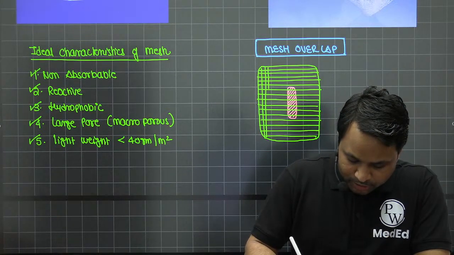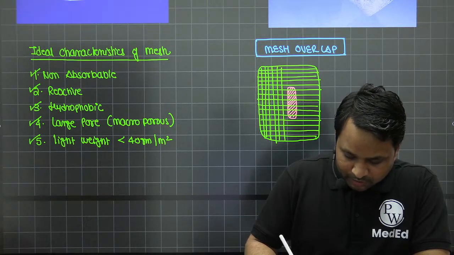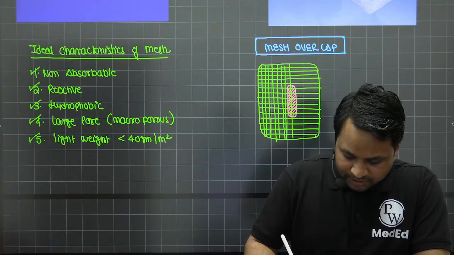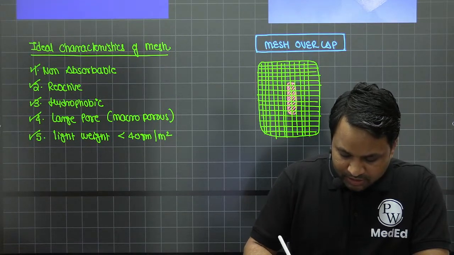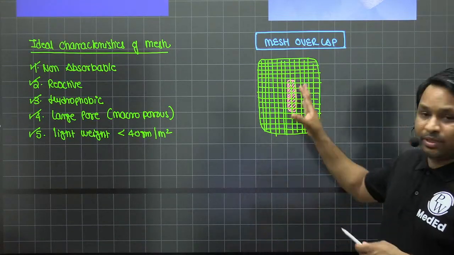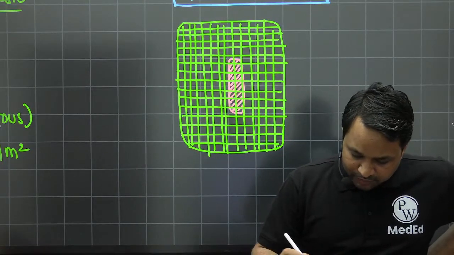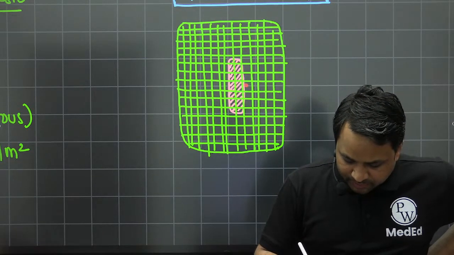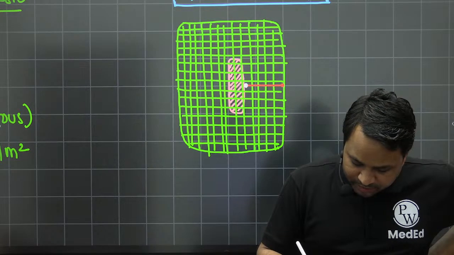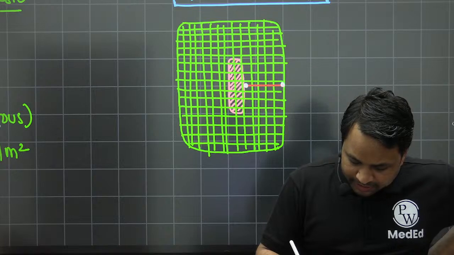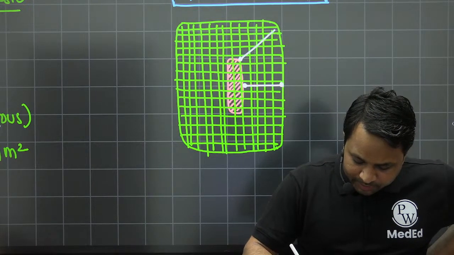Now, the question is, what is an ideal overlap and what is a minimal overlap that you have to keep above the defect so that it is an ideal repair? So now you have covered this entire defect with the mesh, right? You have put the mesh here. The overlap is measured from the edge of the defect to the edge of the mesh. If you measure in any particular direction,